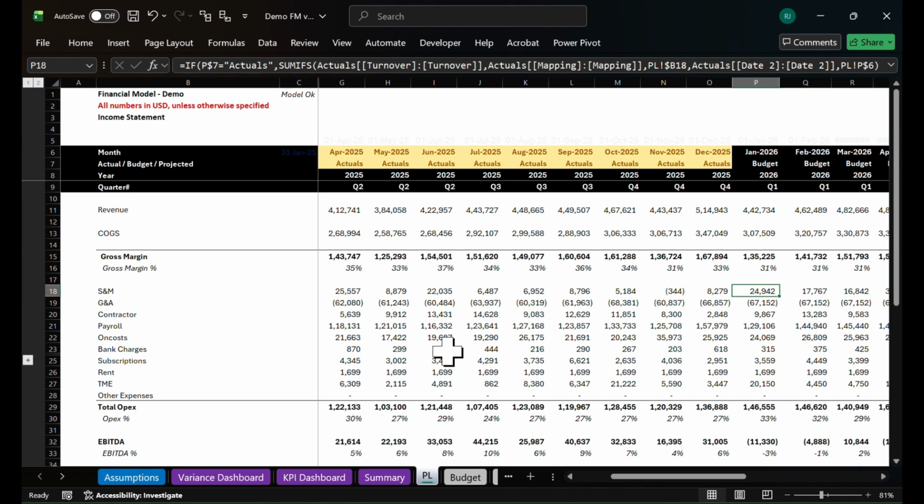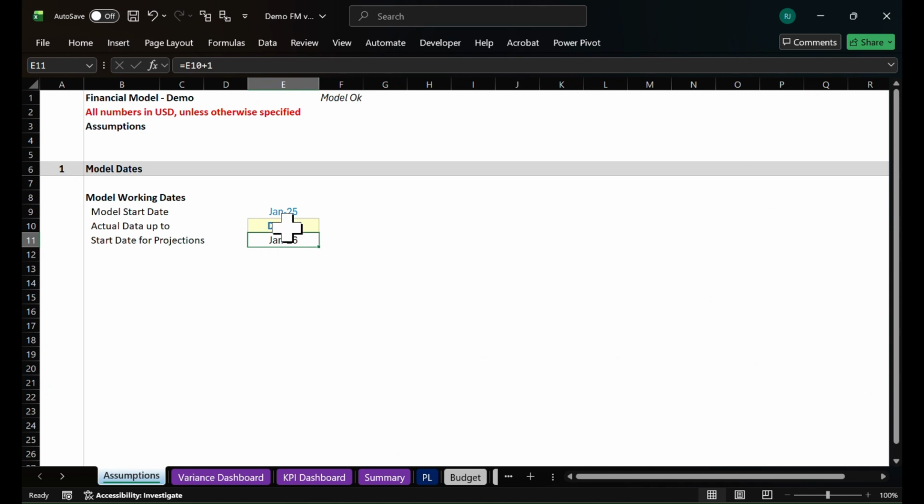Now, starting with the demo, I'll quickly show you how we actually move the model forward, right? Currently, I have data till December 2025. Now, in the next step, I'll update this to January 2026, right? Which means I have moved the model